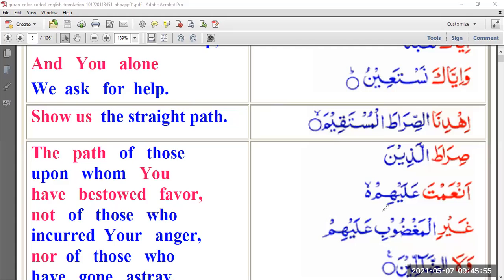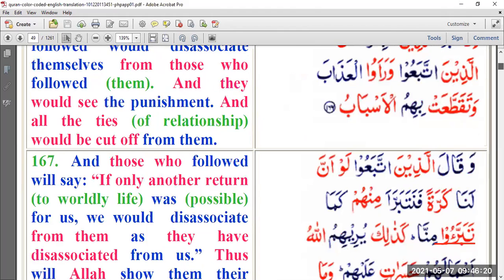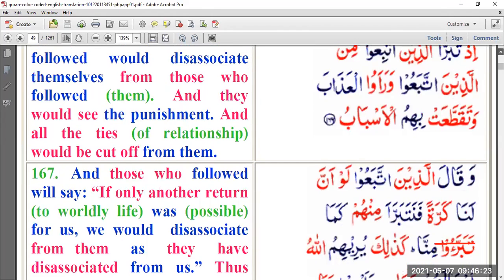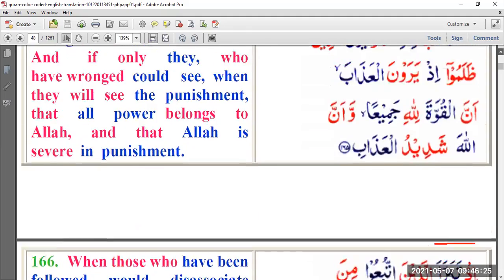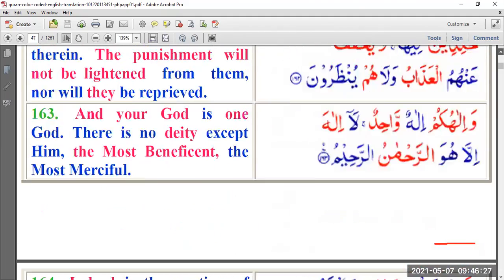alayhim, upon them. Then we have ghairi, ghairil. That means ghair means not, right, miss? This is to reverse some action, right? Not on those, excluding. Not on those who were showered with blessings, and not of those, right? Not of those. So, ghairil, again this kasra is used under re because of ya,